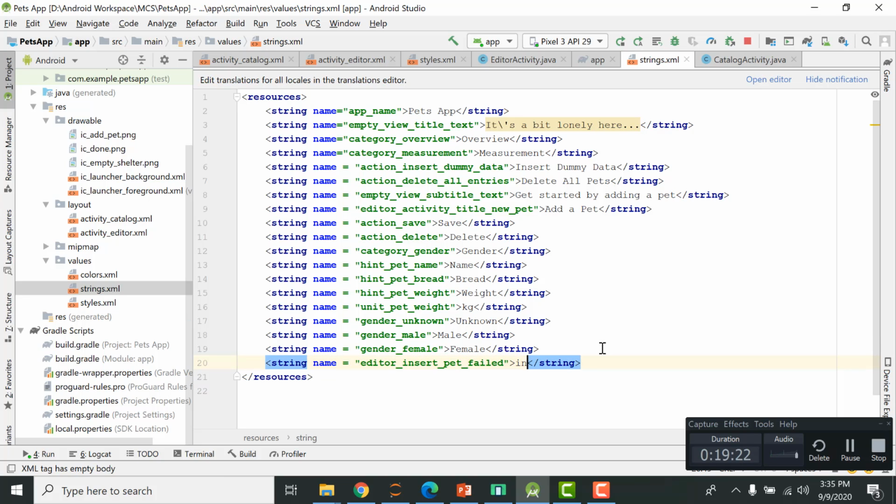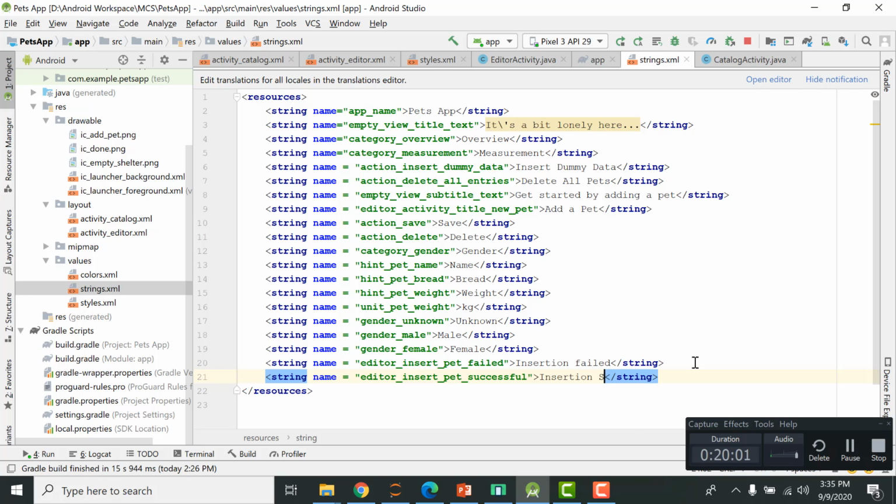Failed, so whenever insertion is failed, we are going to use this string, and then we have editor underscore insert pet underscore successful. Then we can display the message insertion successful. Okay, so with that we are running out of time. I think I should save it,